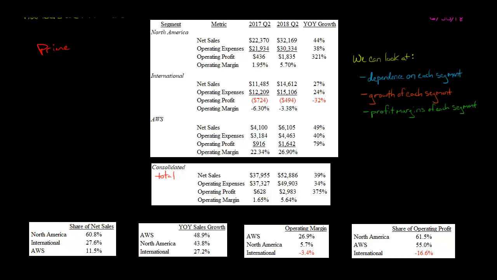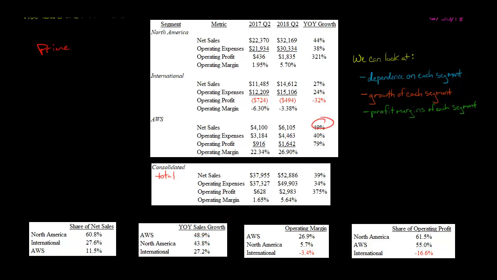So by far, the majority of Amazon's net sales, when we're looking at this figure here, comes from Amazon North America. Amazon International is more than twice the size in terms of revenue as Amazon Web Services. Okay, that doesn't mean it's more important or contributes more to the profitability, because we actually see that Amazon International again is losing money. They have posted a loss in each of the last two quarter twos for the last 2 years.